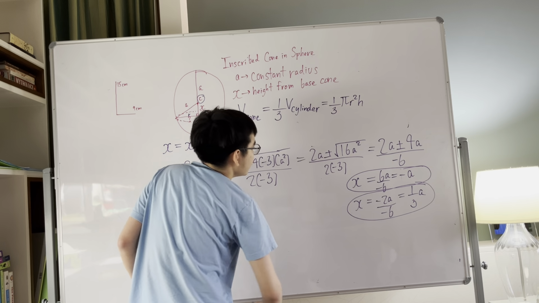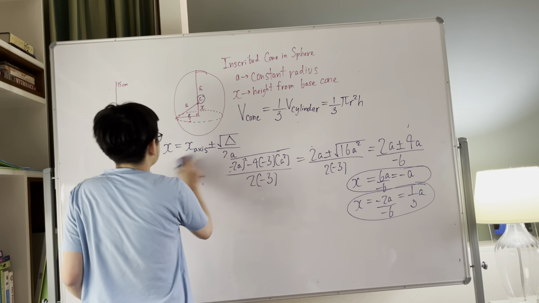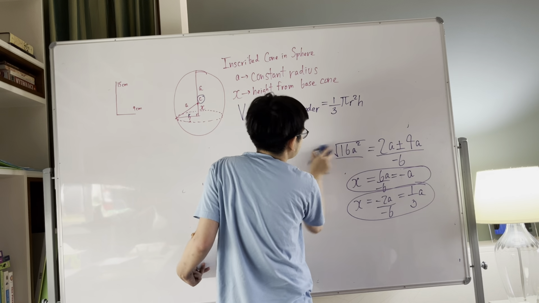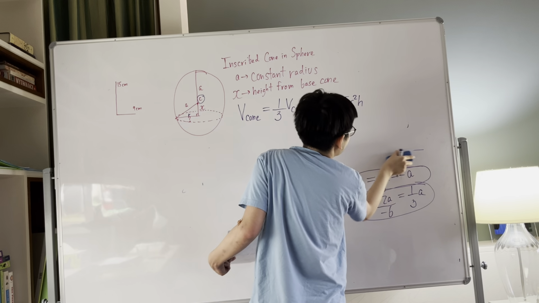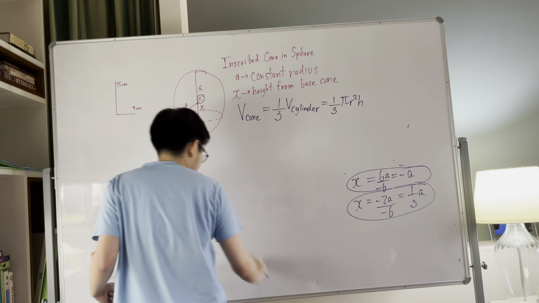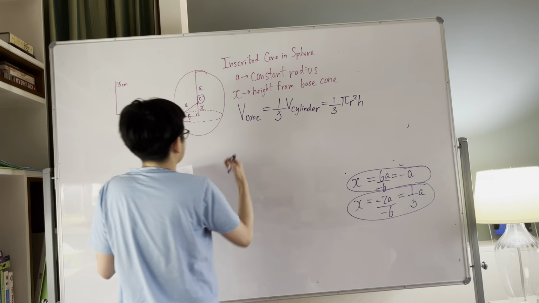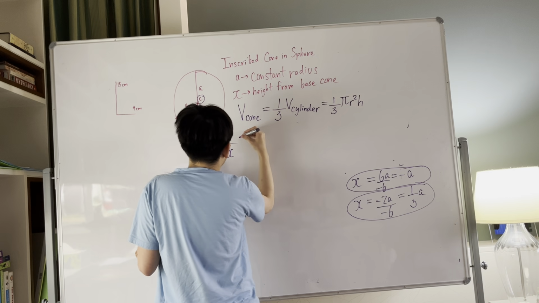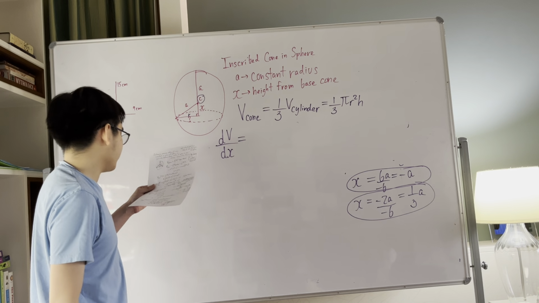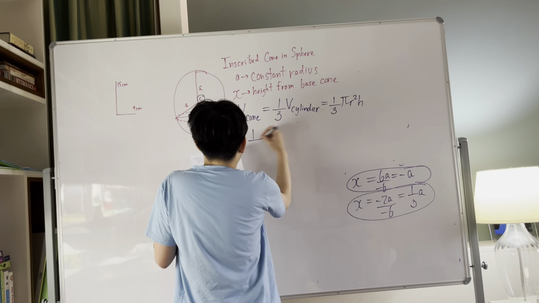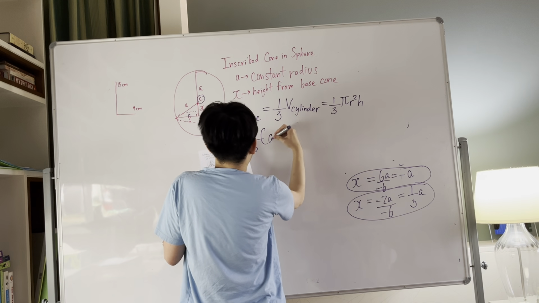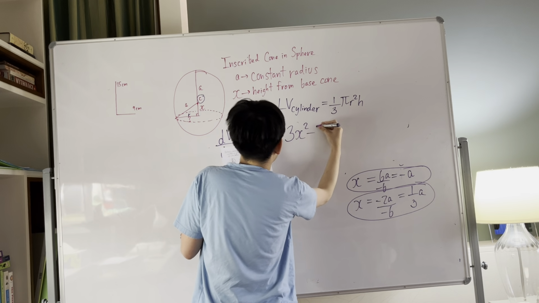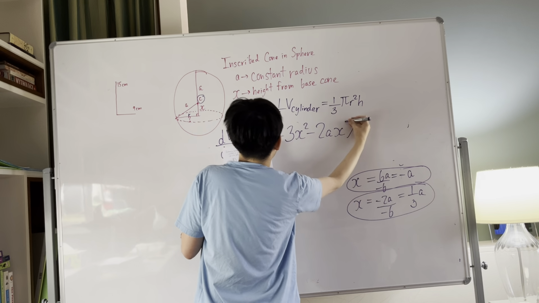So if we already know that our derivative function for the volume, dV/dx, equals 1/3 times (a squared minus 3x squared minus 2ax),